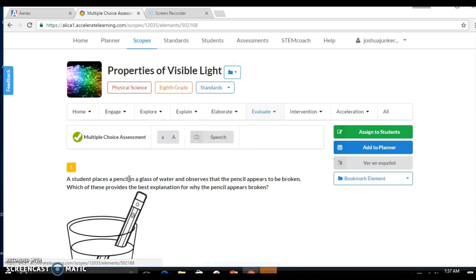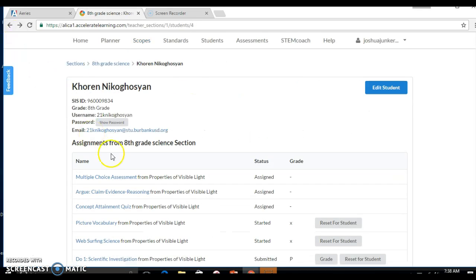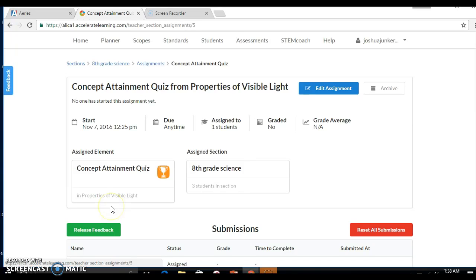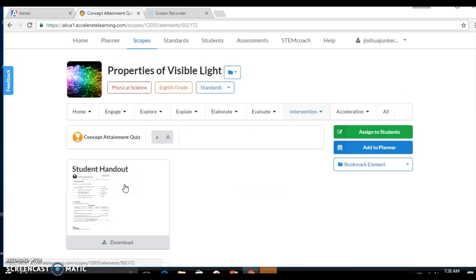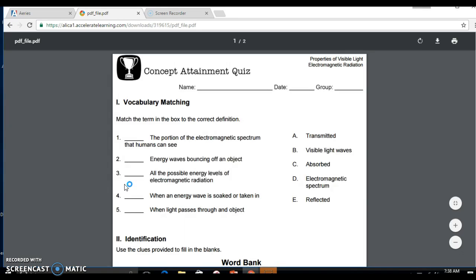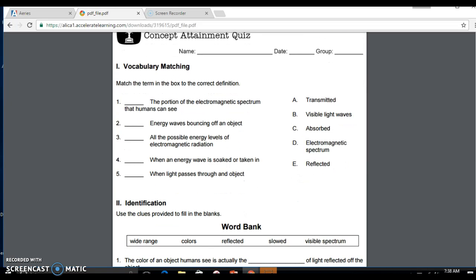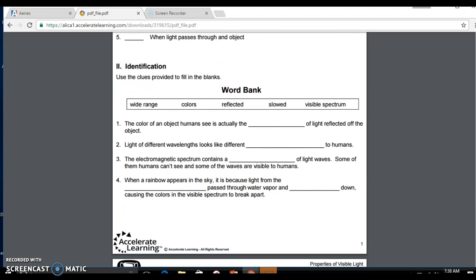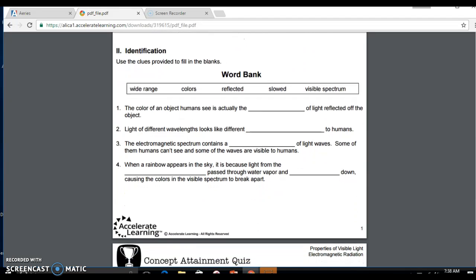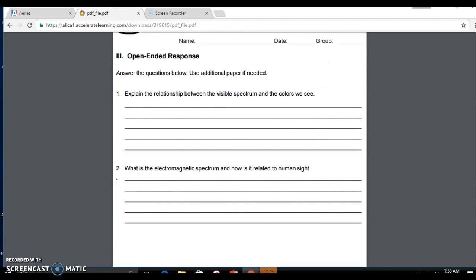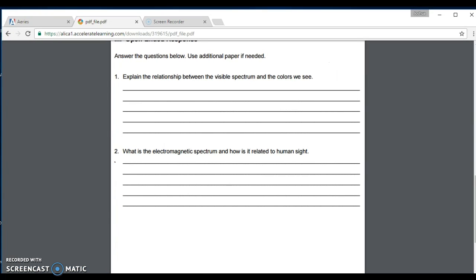We have a multiple choice assessment. I can't go down the screen because it'll give you the answers, but it has a few questions and you just scroll down, and that's multiple choice, right? And then we have the last one, called the Concept Attainment Quiz, and you'd click on that, and let's look at the student handout. Now this one we may not be able to fill out online, you may have to print it, and if that's the case I'll help you out. But you can see it's just matching vocabulary, so it gives you a chance to practice vocab with a word bank. So it's again more practice with vocabulary. And then these final questions on the task